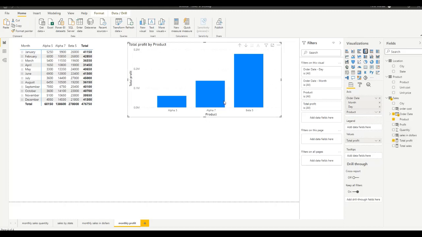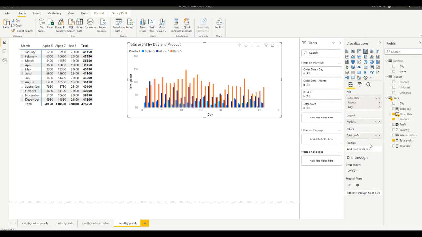The problem is now I need to move products to legend, and then